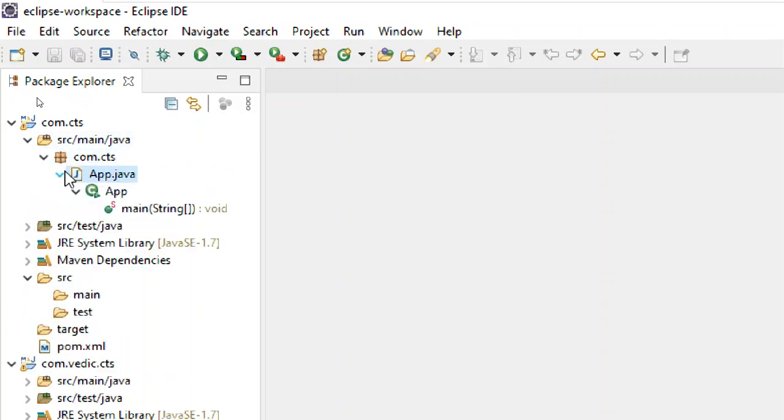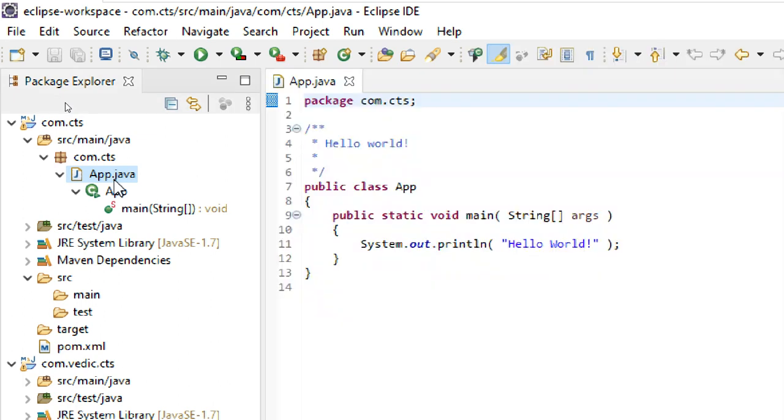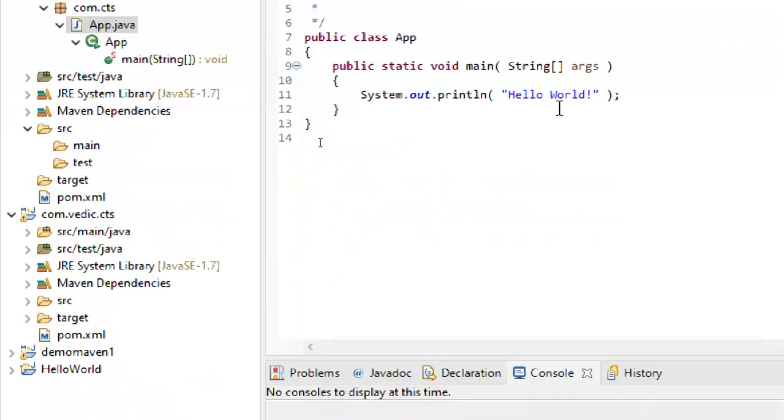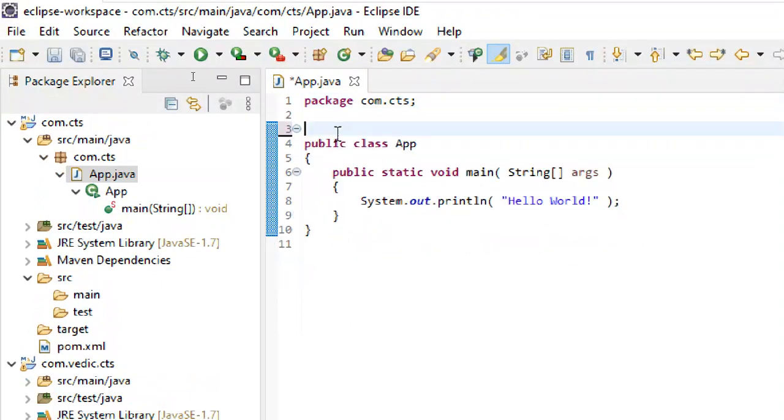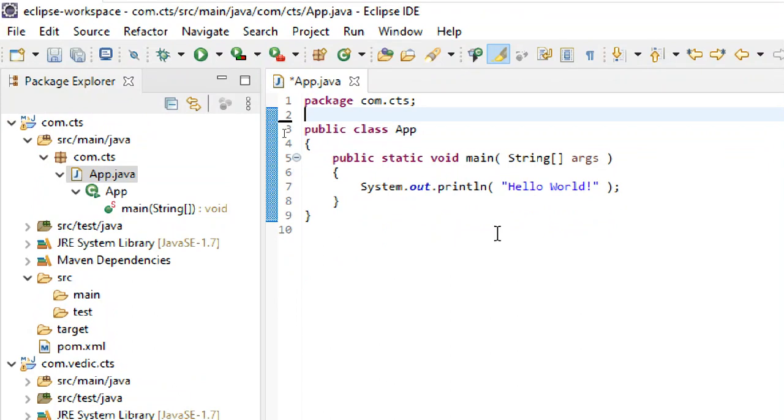Only App.java is created, and also you can create additional things. Under package you can create multiple Java files also. By default a hello world is there. If you want, you can change it also. I don't want the comments here. You can use it, or you can add an extra file in that one also, no problem. Currently it is showing hello world, but I'm adding another one.